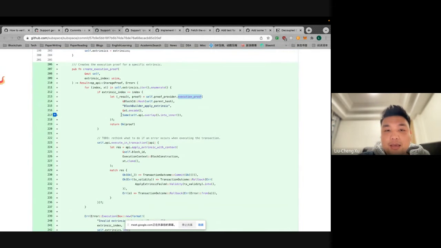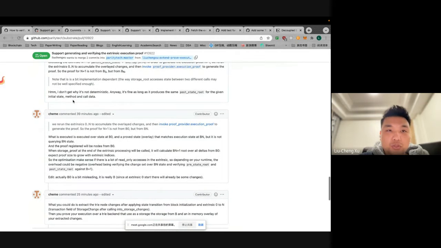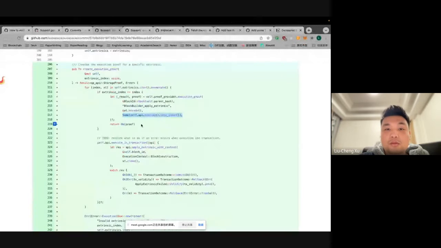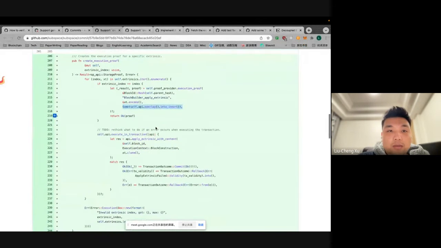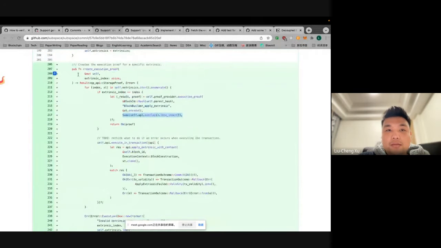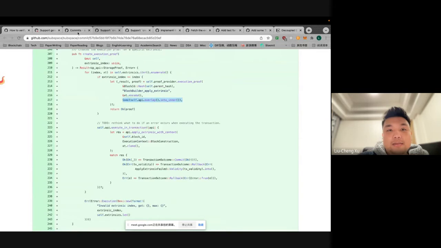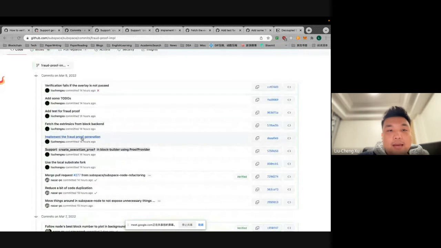What I need is this exposed overlay API that I have proposed in this PR. It's not merged yet right now, so I have to work on a separate branch. Okay, so I create this execution proof for this extrinsic at this index, right? And later